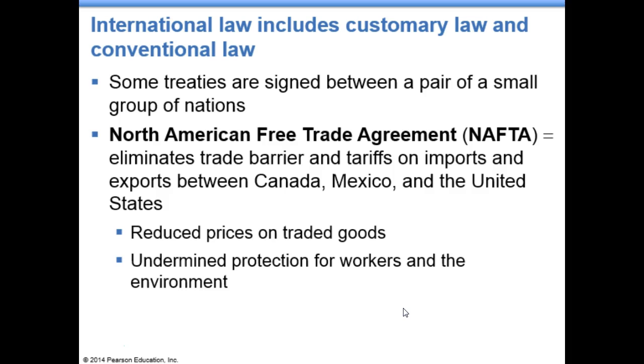Treaties have also been signed among pairs or groups of nations. For example, the United States and Mexico and Canada entered into the North America Free Trade Agreement. You might know that as NAFTA. This was in 1994, and NAFTA eliminated trade barriers such as tariffs on imports and exports to make goods cheaper for everyone. But NAFTA also undermined protection of workers and the environment. So there were problems with that,